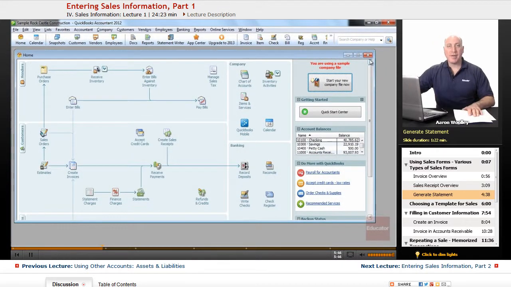I always recommend customizing your invoice, importing your logo and that sort of thing, so that your customers will feel like they are special and that you're doing a good business there. So the